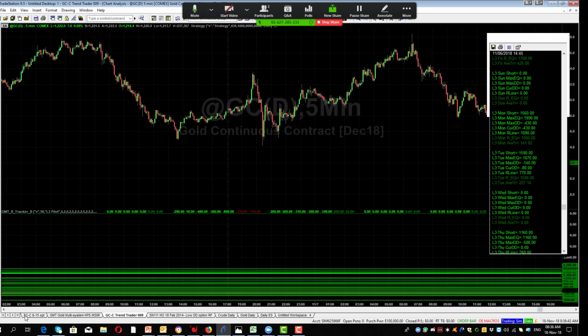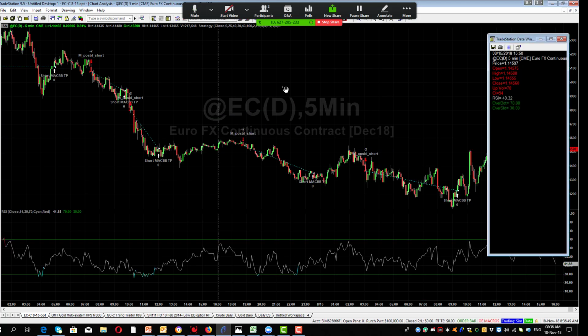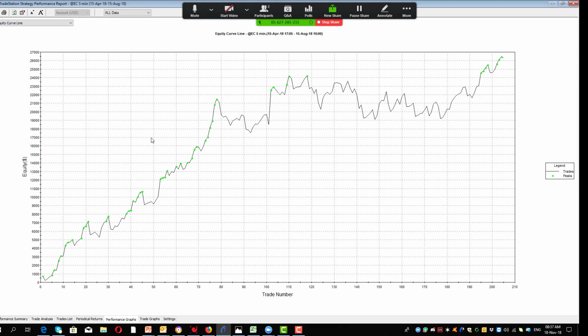So before we wrap this up and finish our session, just want to have a quick look at the Euro futures. So this system here is running well, but it could be a little bit better, and we want to make sure that when we're putting a system together that we're able to get out of things like this messy area here. You can see that the equity graph is a little bit jumpy.